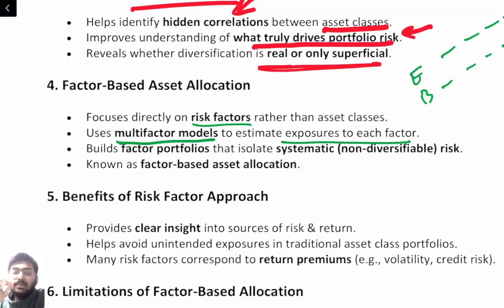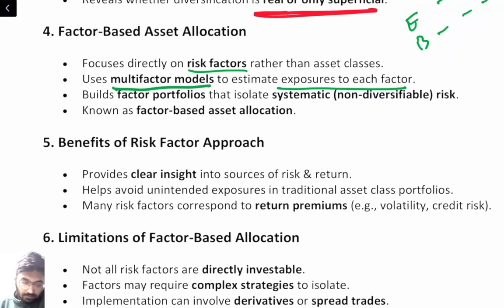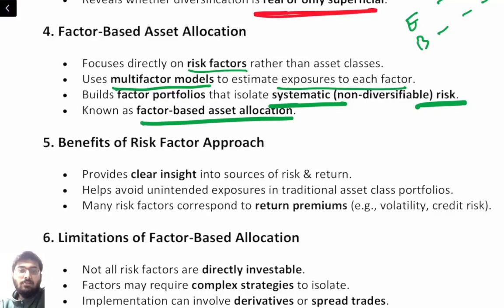Now systematic risk is the one which cannot be diversified away, so I'm going to leave that. I'm just going to consider those factors which are going to impact my portfolio separately, other than the systematic risk factor. Clear? Build factor portfolios that isolate the systematic risk, so you don't want to consider those. Now we have factor based asset allocation. So it's better that you allocate your portfolio to cover all the factor risks. Clear? So basically a factor portfolio is designed to capture only one factor risk.